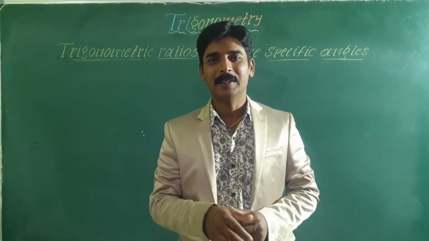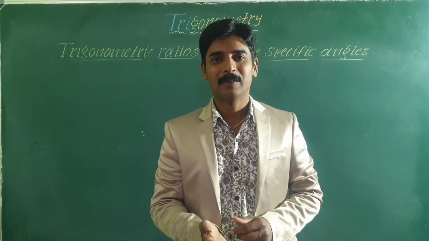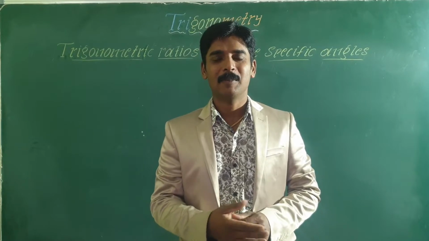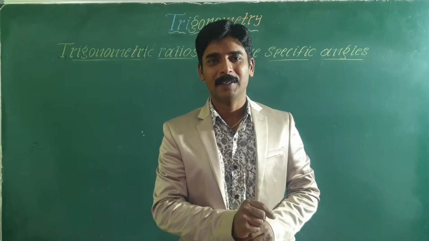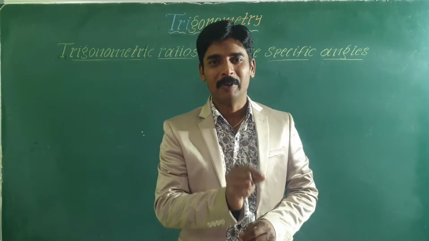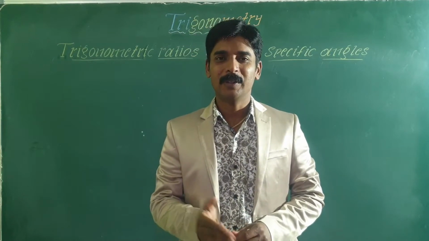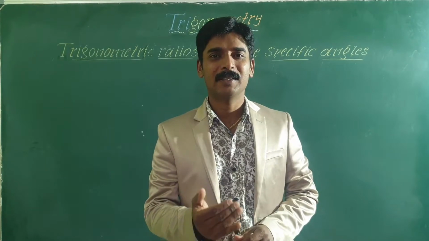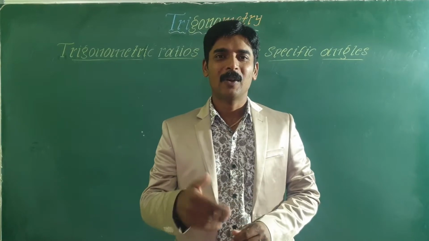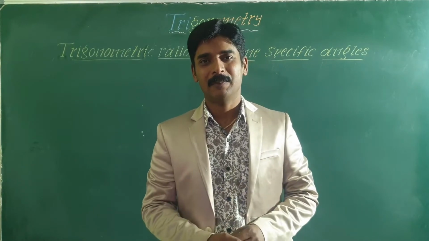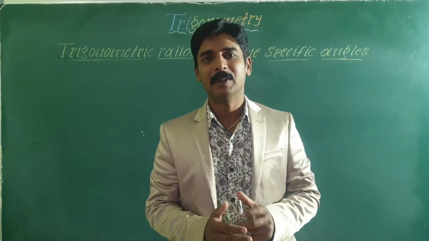Along with these, you learned that the reciprocal of sin theta is cosecant theta, the reciprocal of cos theta is secant theta, and the reciprocal of tan theta is cot theta. That is, cosecant theta is equal to 1 by sin theta, secant theta is equal to 1 by cos theta, cot theta is equal to 1 by tan theta. And also you learned that the ratio of sin theta and cos theta is equal to tan theta. That is, sin theta by cos theta is equal to tan theta, and cos theta by sin theta is equal to cot theta. So these are the things that we have learned in our previous classes related to the topic